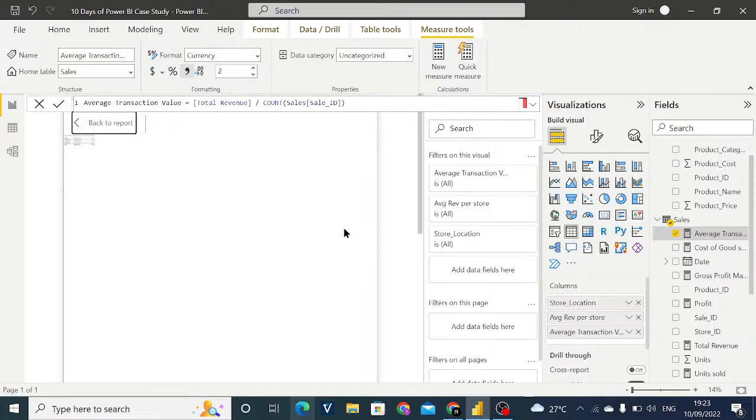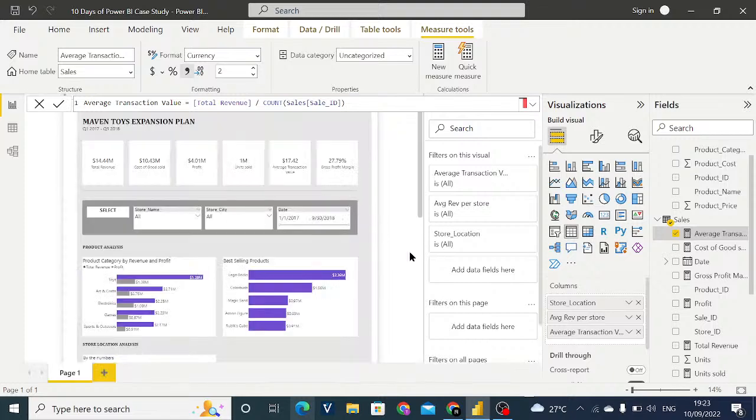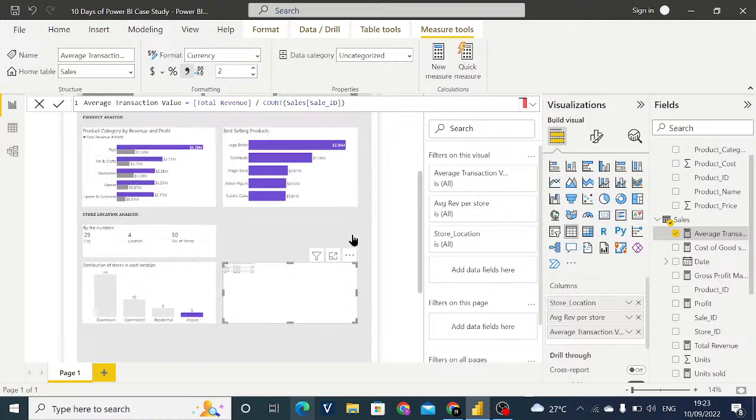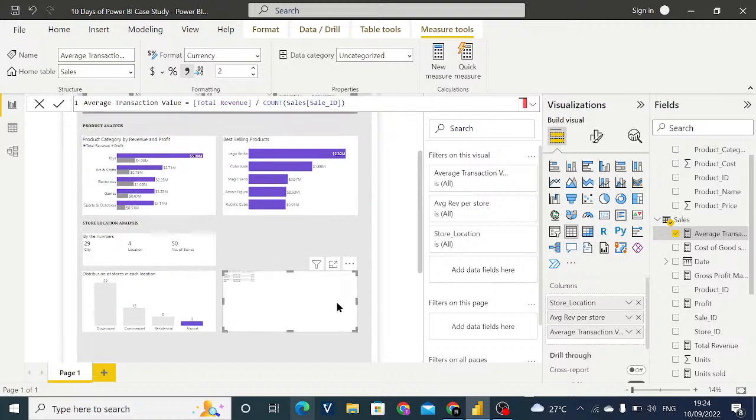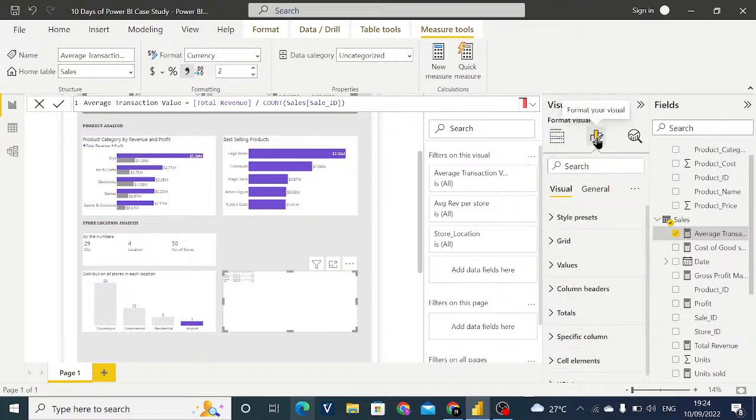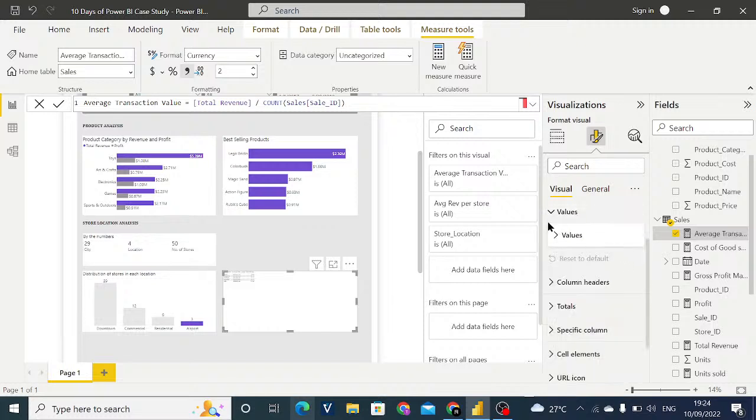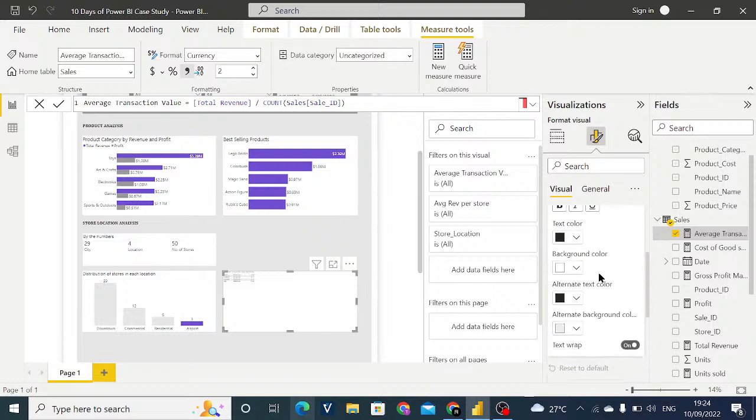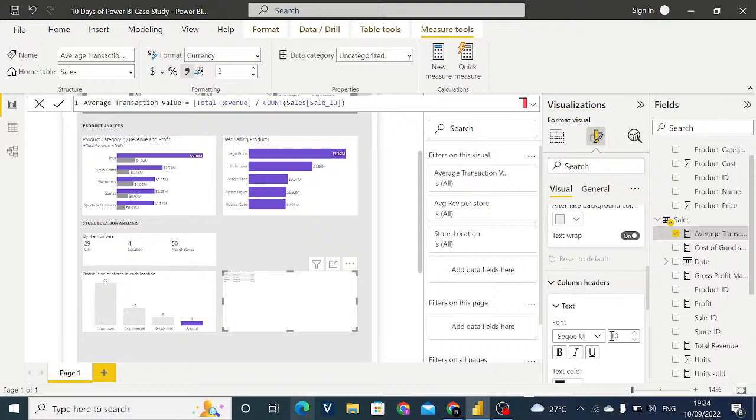Let's make it bolder. Okay. So let me just make this a little bit bolder so we can see it. Let's just make it bold. So let's just go to our format and let me just see values. So this is the first time I'm actually using Power BI to create tables. Usually I don't go for tables, but I just wanted to try something. Five for the values. Then for the column headers,